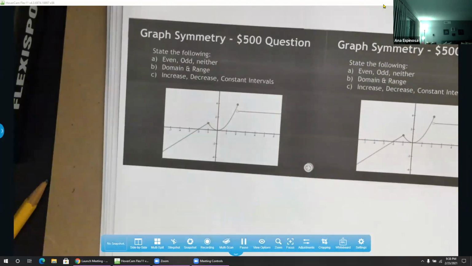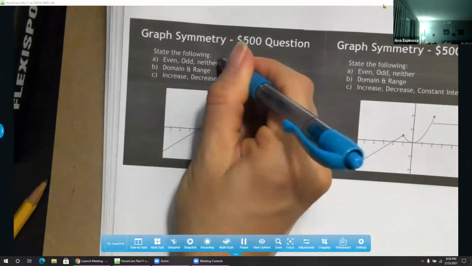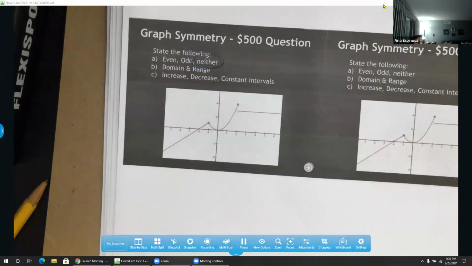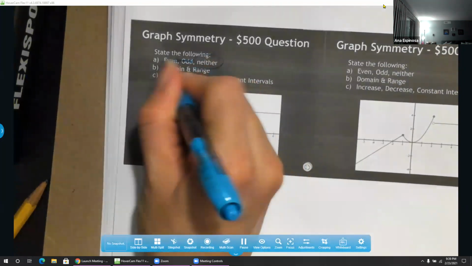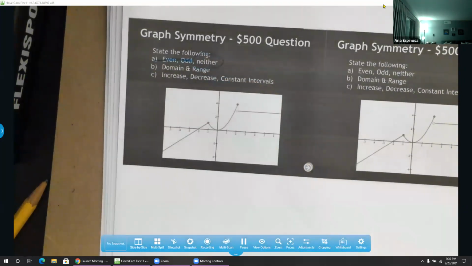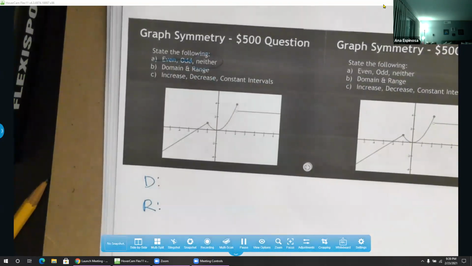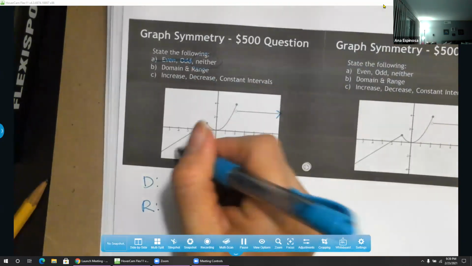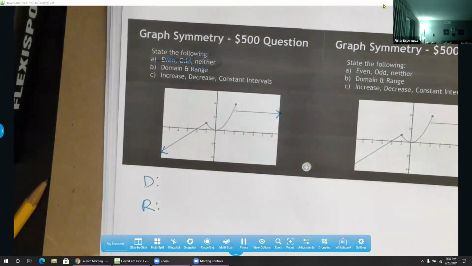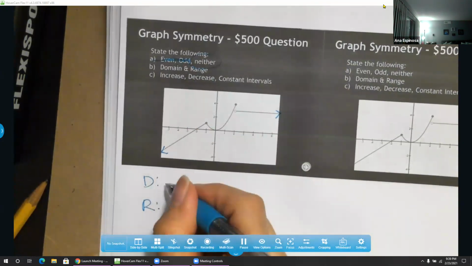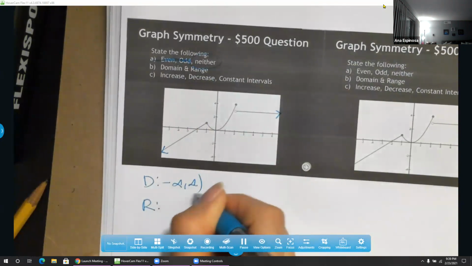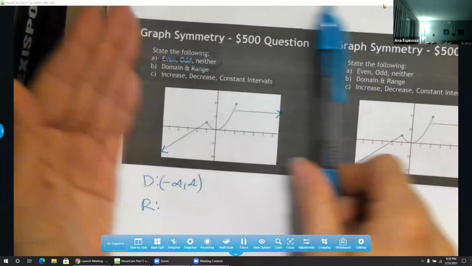All right, so is this even, odd, or neither? Clearly, this is neither. Okay, so it's none of those. Domain and range. Let's do the domain. Okay, the domain is how far left and right it goes. Remember, these are arrowheads, by the way. I couldn't put them, so I had to do these myself. And so it's supposed to be negative infinity to positive infinity. It goes left and right forever. You cannot